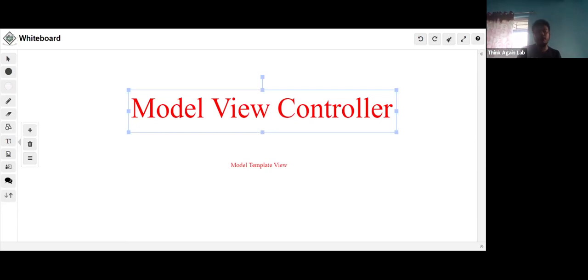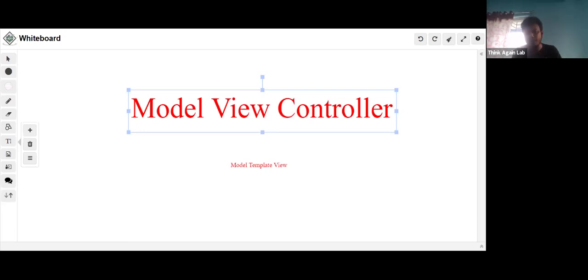What happens in model view controller? Let's start with the view part. View means the front end. Maybe it's HTML, CSS, JavaScript, Bootstrap, whatever it is, that will stay in the view section. On the other hand, the model section, in case of this MVC framework, even the developer does not have direct access to the database. In case of core PHP, we have direct access to the database. But in model view controller technology, which is implemented in several frameworks,